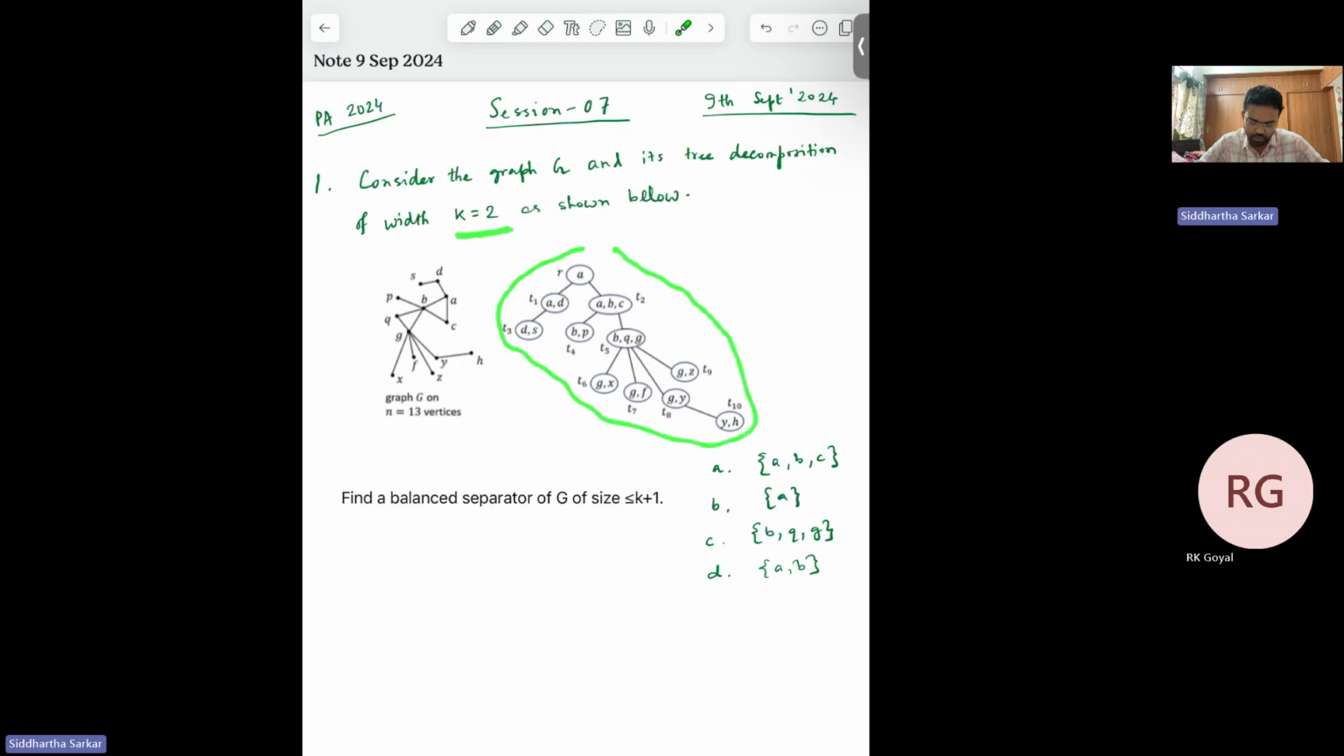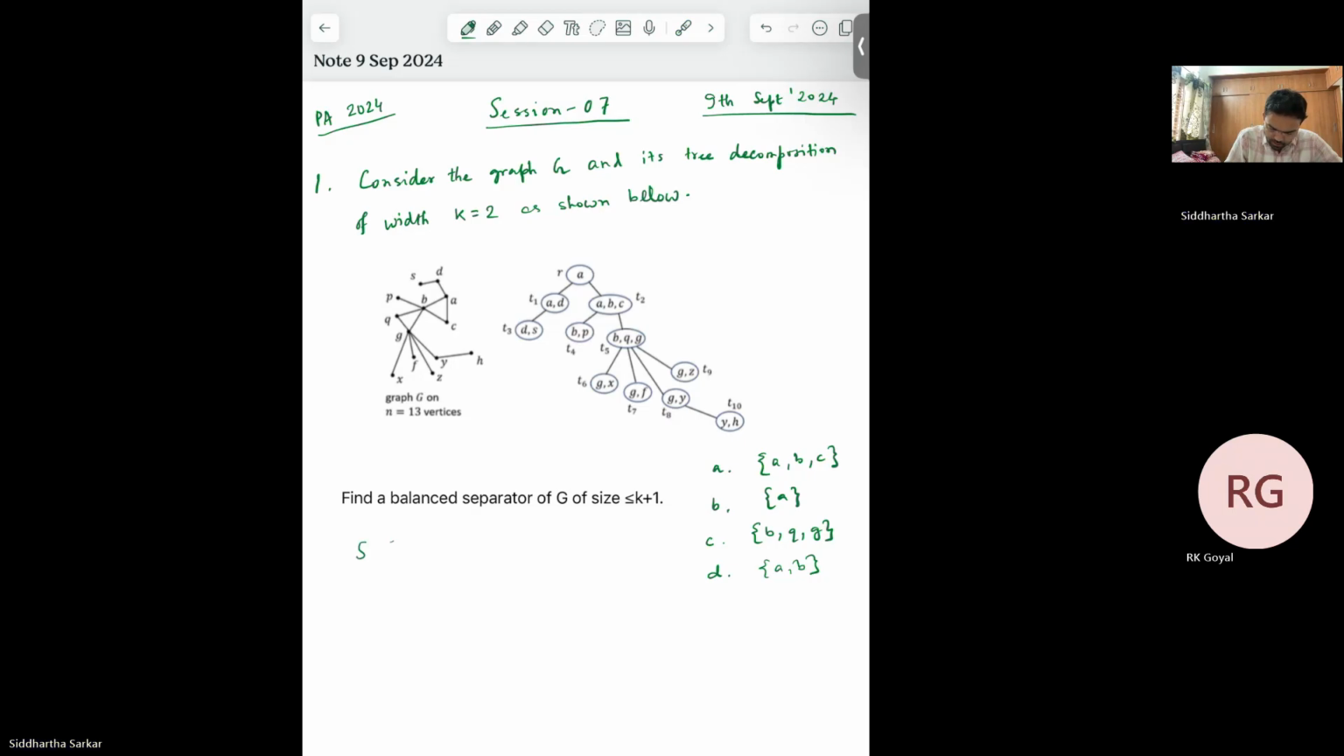So the width of the decomposition is the largest bag minus 1. The largest bag has 3 elements, 3 minus 1, so the width is 2. So we are looking for a separator of size 3. Before going into the question, let me discuss what a separator is, for completeness. A subset S of the vertices is a separator